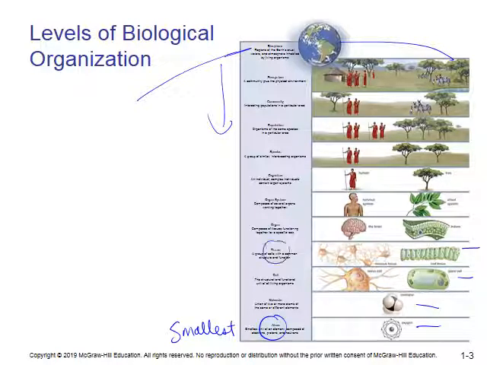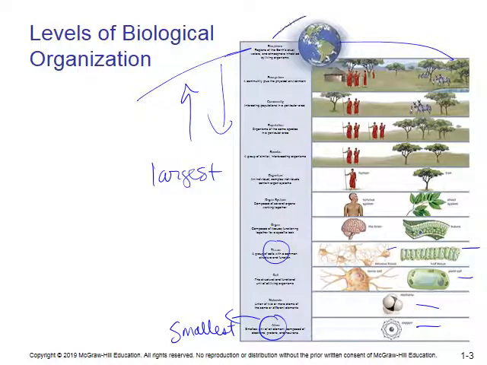So what would be tissue? That would be something like nervous tissue here that they're showing you an image of, right? So be able to give an example of each and then realize that atoms are the smallest. And then up here, organism is the largest as it works its way up to the entire biosphere, which includes everything. So sometimes the question is also worded as most inclusive or least inclusive.